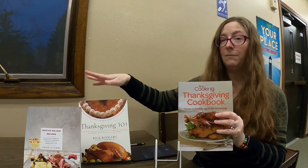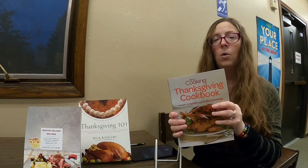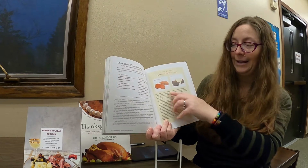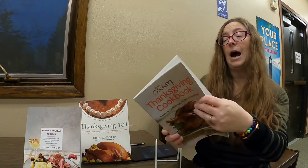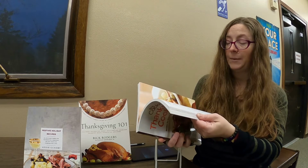So if you're ready for that next stage, maybe from your very first Thanksgiving to your second or third Thanksgiving, and you want to know really what is the difference between sweet potatoes and yams, this book has that. It gives a nice description, photos as well, as to what you can expect for sweet potatoes and yams. It also has a section,